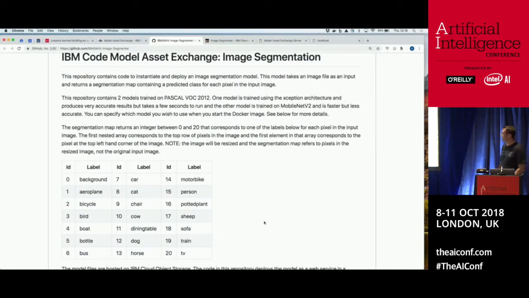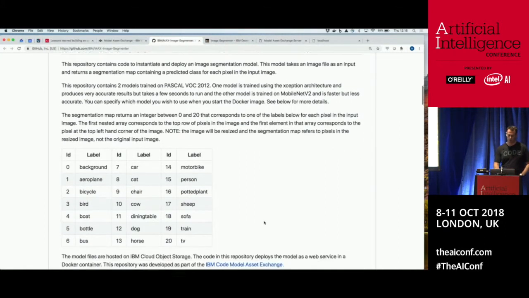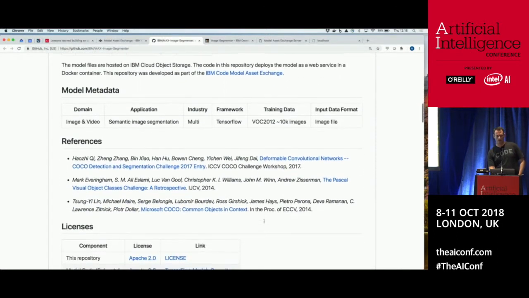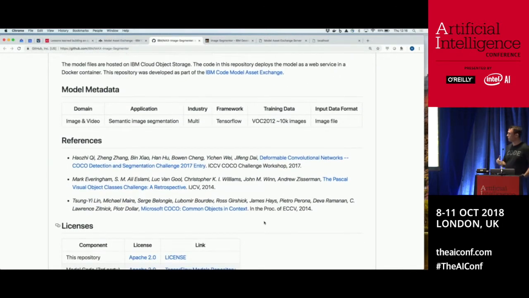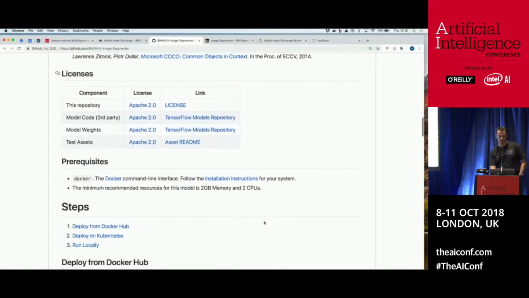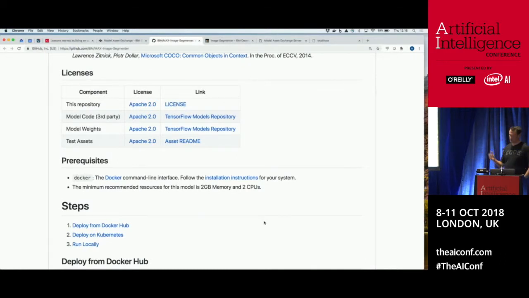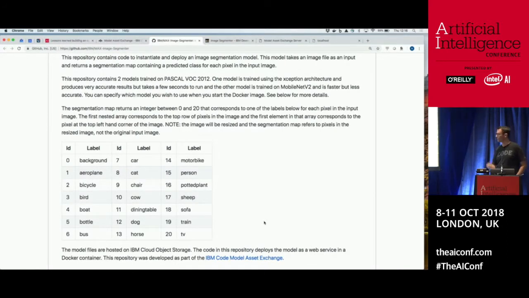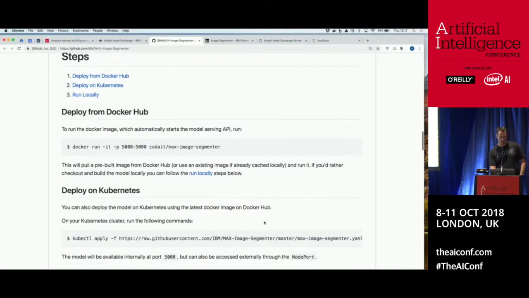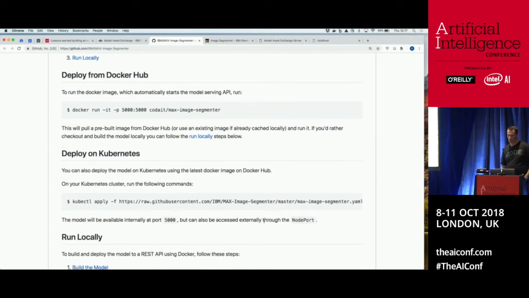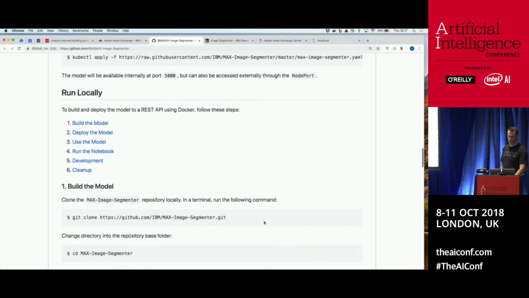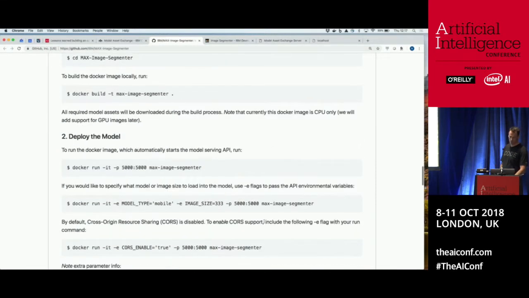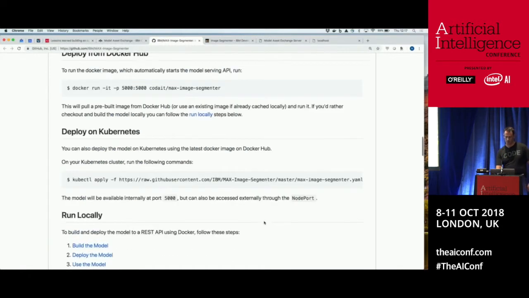So as part of that GitHub repo, we've got a model description telling you what this model actually does, some metadata telling you where it comes from, some of the references behind it, what the training data is, what the formats for inputs are, and what licensing is applicable. So you can verify all of these points that are required to make sure that the model does what you need it to do. And then we have one-line deployment on Docker Hub or on Kubernetes using those Docker containers. You can, of course, completely customize this if you want, run it locally, and use it as you see fit.